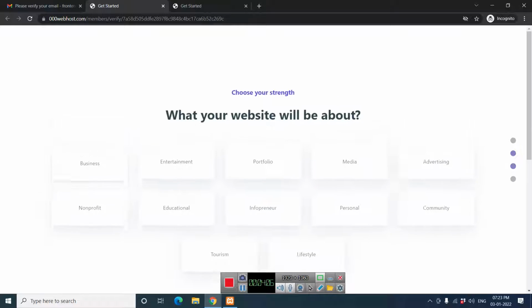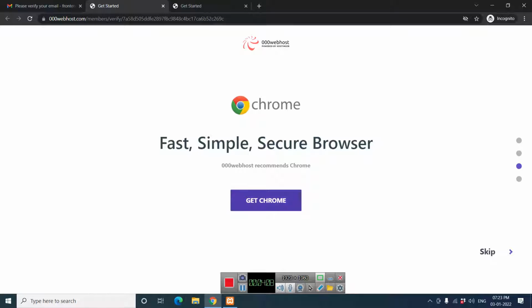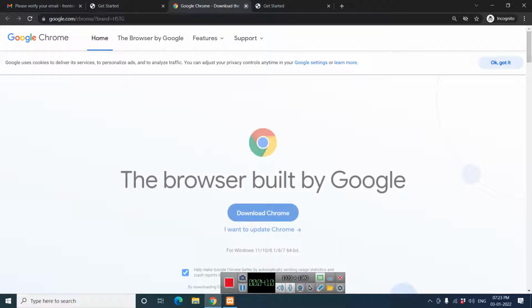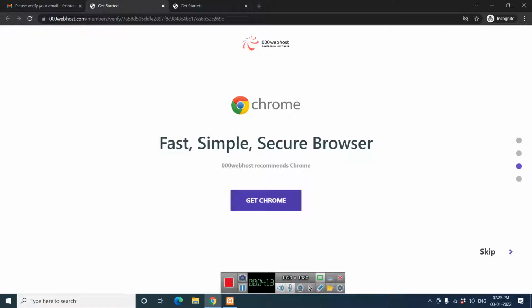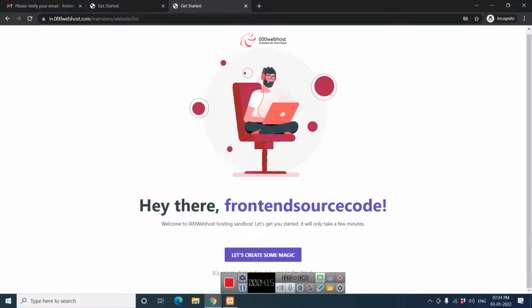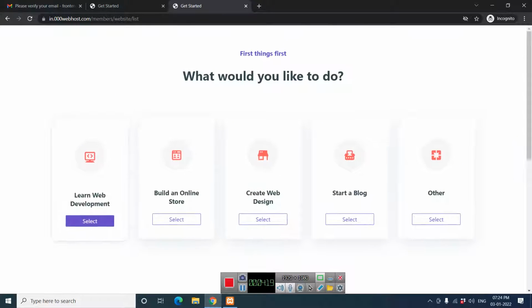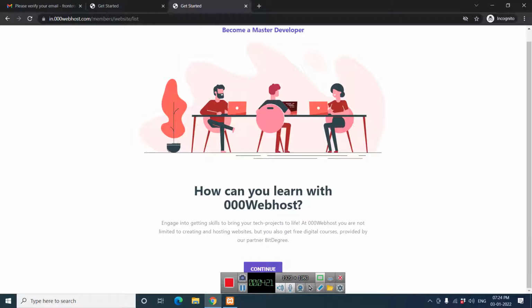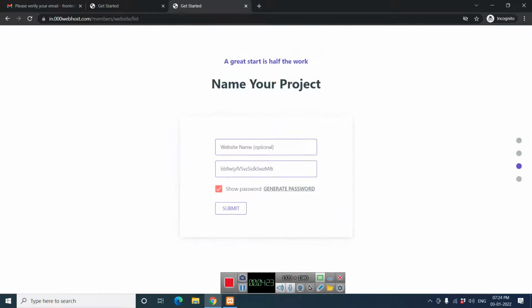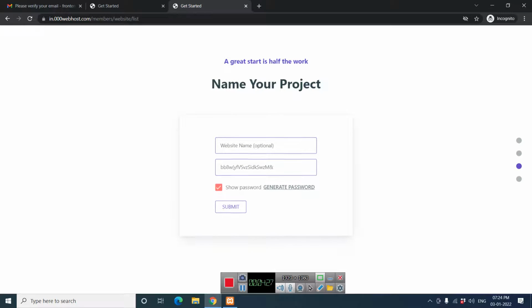I'll choose business. Okay, simple. Select. It's better to select the first one for web development, so for learning.